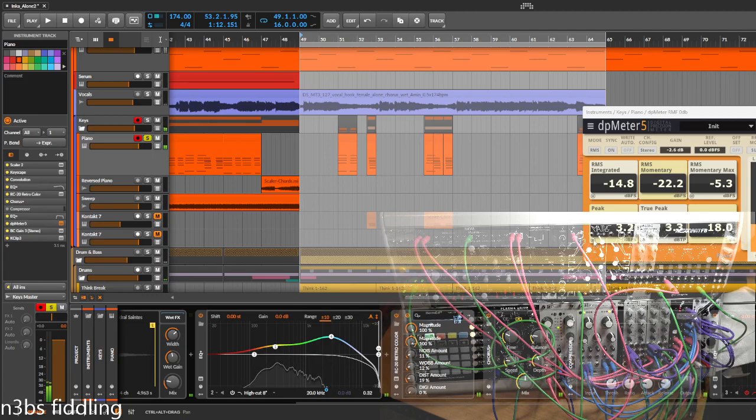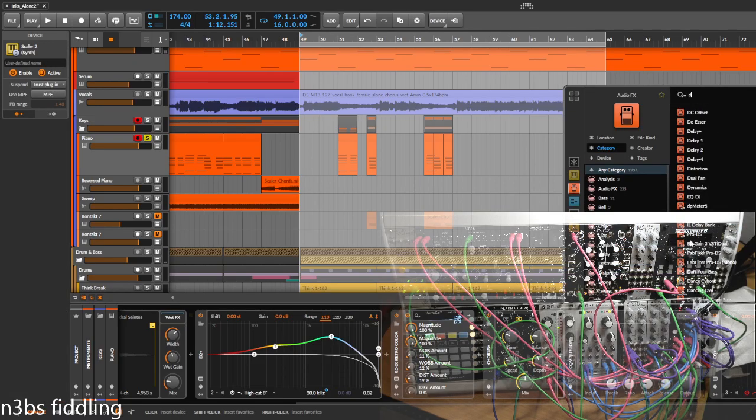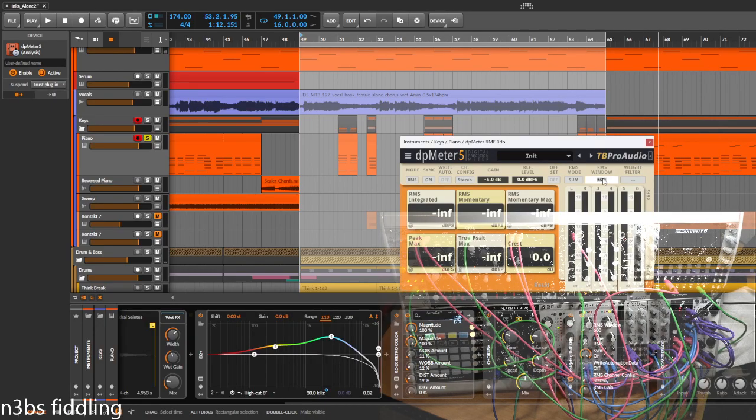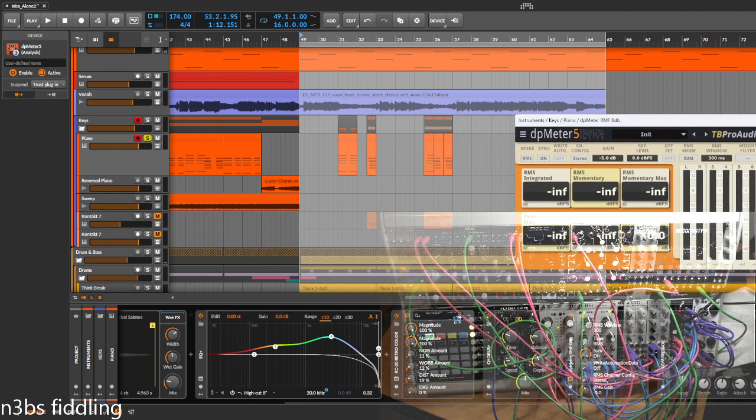Oof. Okay. Where is this DP meter? I'm actually going to put one in front of it. This piano is not, this one's actually